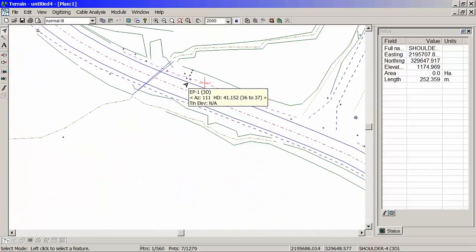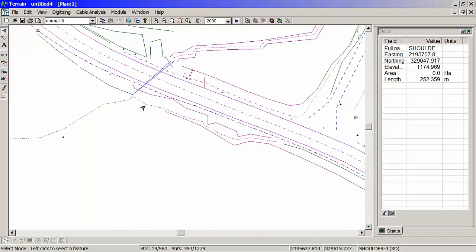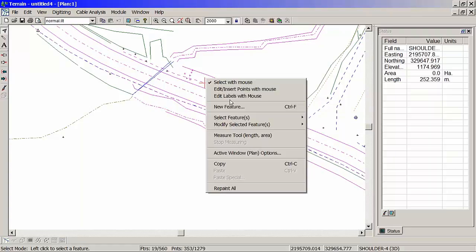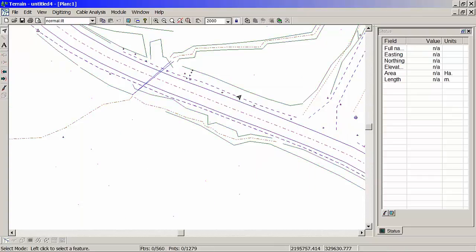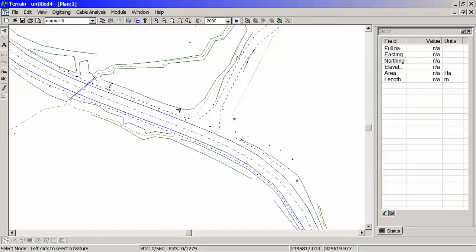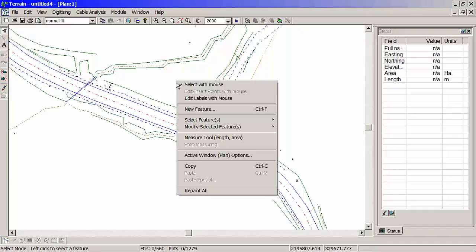Let me show you different ways of selecting features. I can select features by clicking and dragging on my mouse, or I can select all features by menu first of all, or you can use Control A. If I've selected a group of features and I want to deselect them really quickly, just click on blank space anywhere on your screen and that will deselect all your features. Show you how to select features